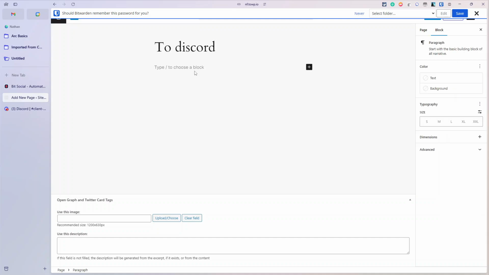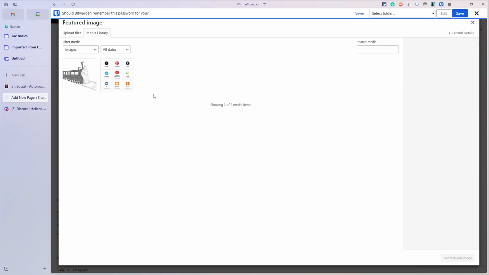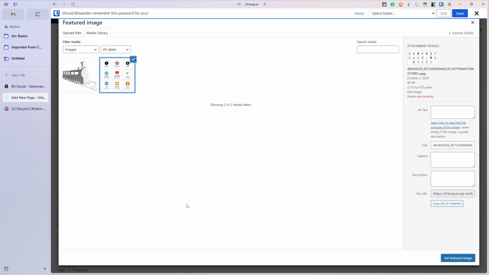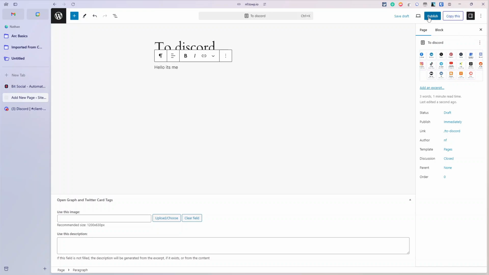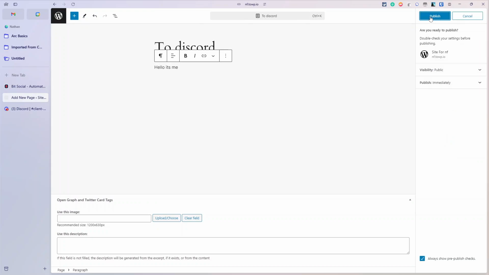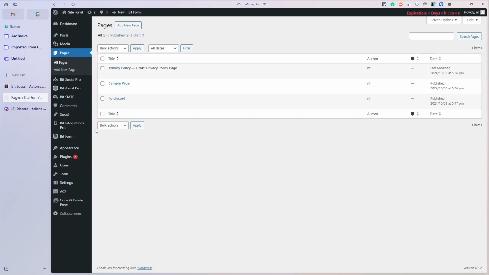I'm going to say hello, it's me, and I'm just going to put a featured image. And actually, my featured image here is the apps that are coming soon to BitSocial from their website. So that's going to be my featured image, and I'm just going to copy that, and I'm going to publish this. Now, this shouldn't automatically post to Discord because I haven't got posts or pages set to do that. So I'm just going to go back to WordPress. I'm going to go back to